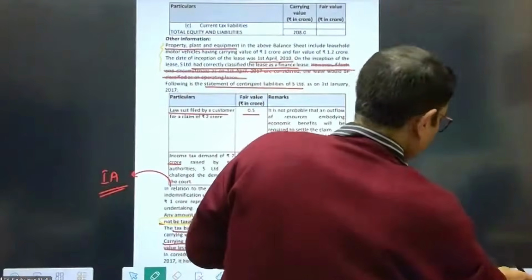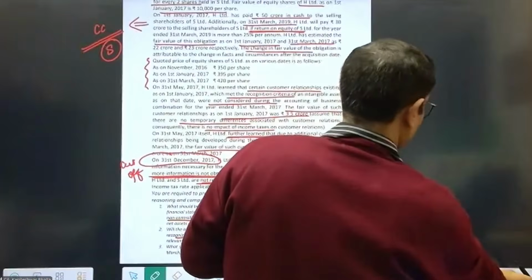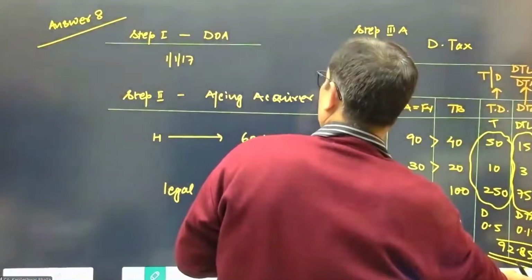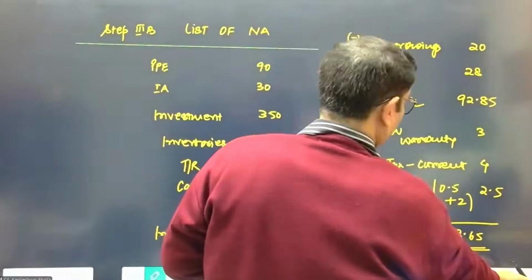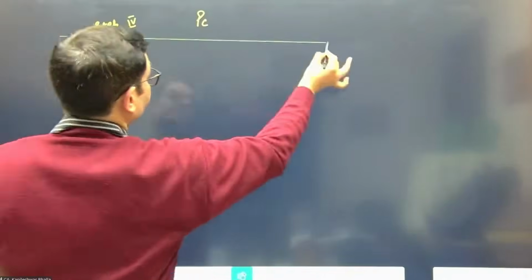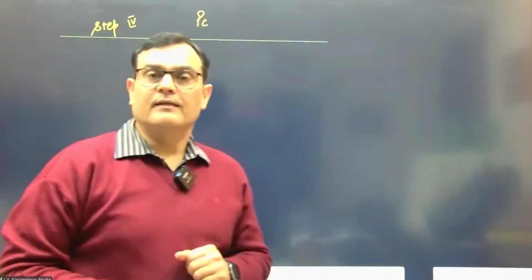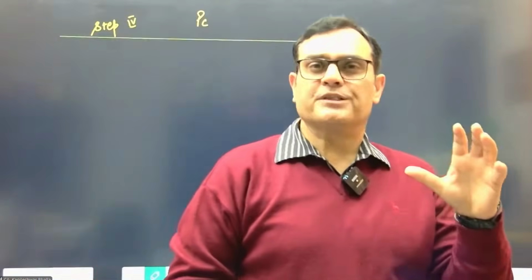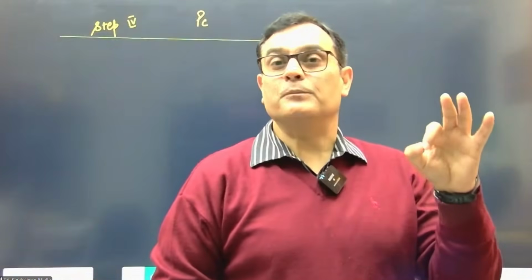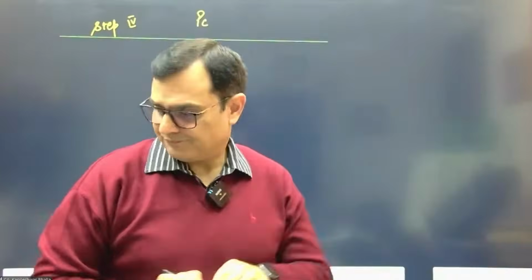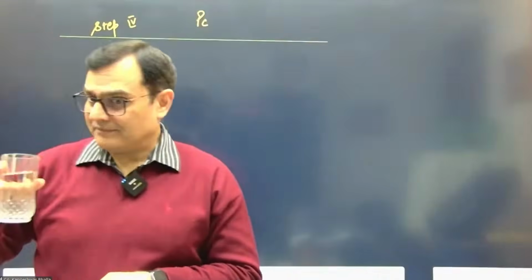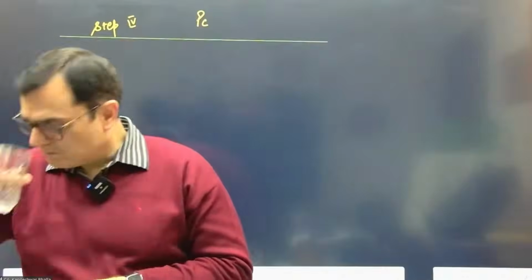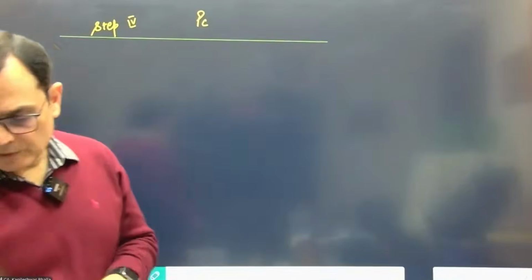Okay, so now let's come to the calculation of the purchase consideration. Now tell me, what are the number of agendas, number of issues in terms of step number 4? How many issues are there? The list of issues which you consider when you calculate a purchase consideration number. 7 issues. That's right. So we're going to consider the list of 7 issues.